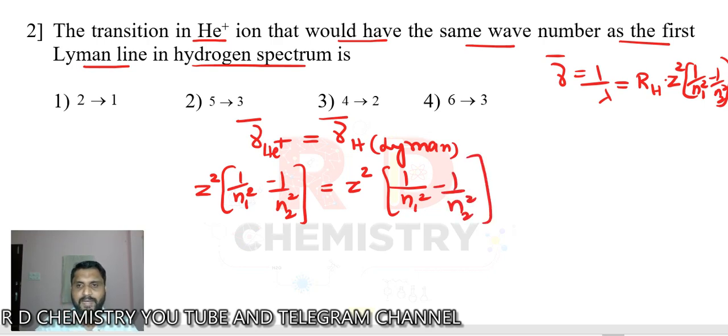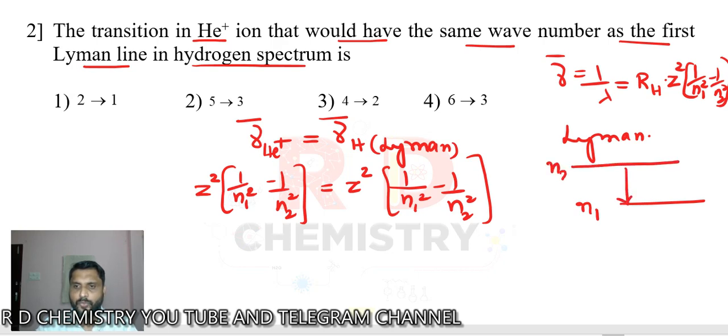Yeah. So when I say Lyman series is the first series, correct? All the spectral lines end up here, correct? When I say first line, it is from n2 to n1. So when all the electrons come back to the first ground level, n1 is equal to 1, okay, then we get the Lyman series. The first line would be from 2 to 1. Okay, therefore n1 is equal to 1, n2 is equal to 2.